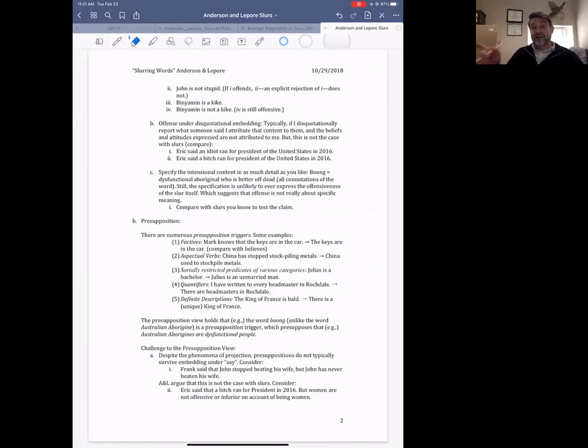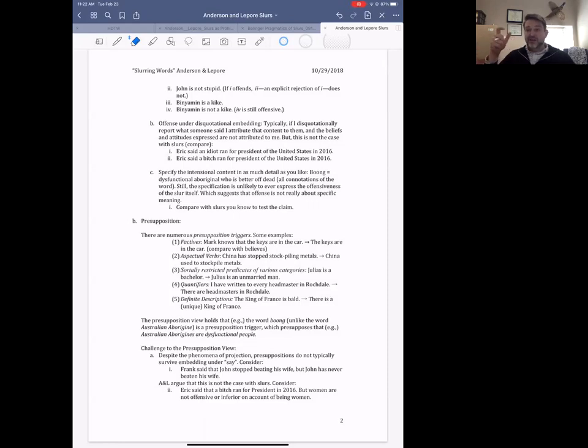But notice with slurs, that is not the case. Here's an example: "Benjamin is a K word." This would be very offensive. But additionally, if I say "Benjamin is not a K word," and I were actually using the word here, that would still be as offensive as saying that he is a K word. So it seems like under denial, the offensiveness doesn't go away, but typically if these kinds of effects are housed in the semantic component of the word, those effects will go away under negation. So that in some way suggests that the semantic view is not the correct one.